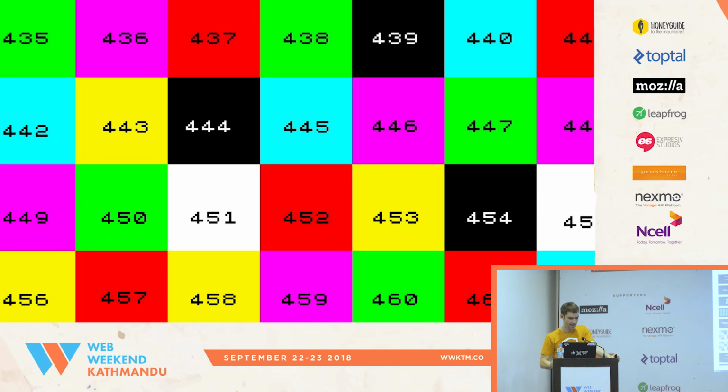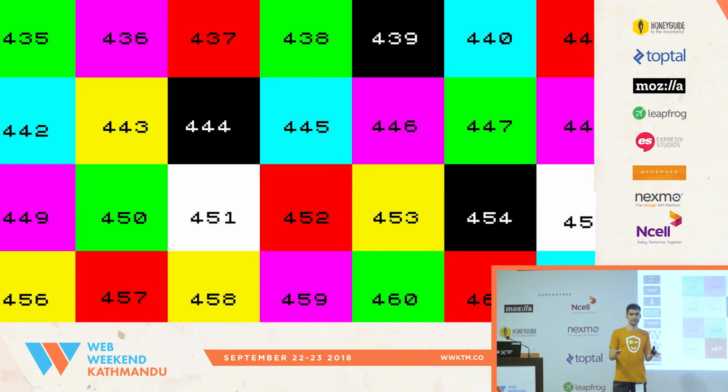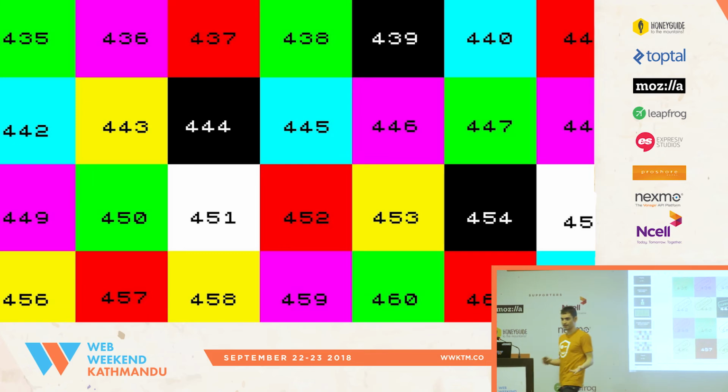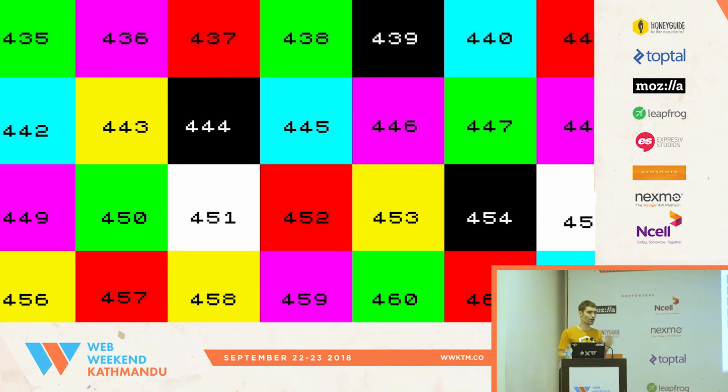So the problem is that even if calculating these nonces is very fast, you then have to check the color. Who has worked with canvas in JavaScript? Canvas element. Okay, a few people. The only way you can read the color from a canvas is to get an array of arrays, basically a 2D matrix, and then with JavaScript iterate through every pixel and check what its color is. So it involves a lot of JavaScript, and JavaScript is slow, very slow compared to GLSL.